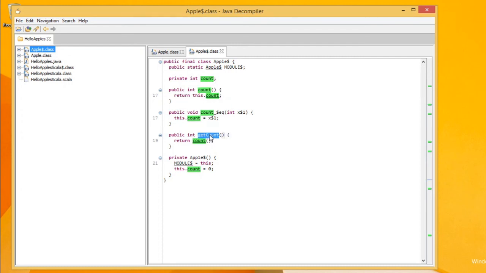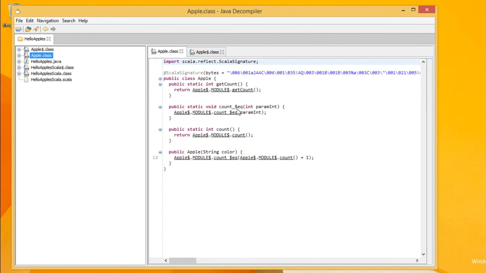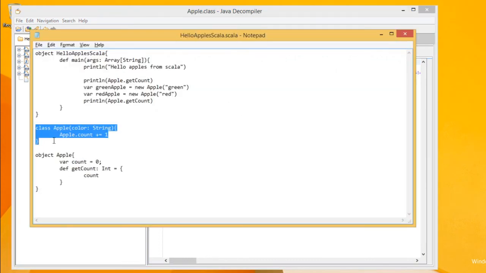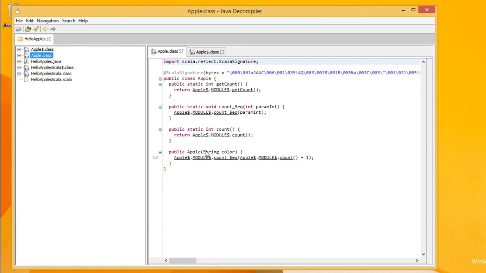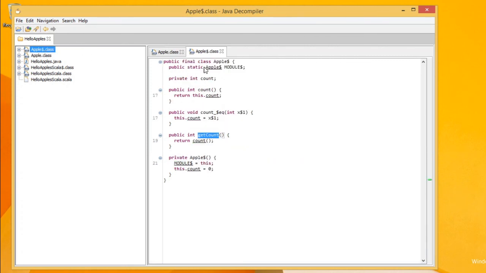Anyways, we just wanted to see that this get count method actually comes in this dollar file. And let's see the file without dollar. It should have this constructor class defined here, and here it is. So anything that is static will actually have a reference to this apple dollar, and those static things are defined in apple dollar.